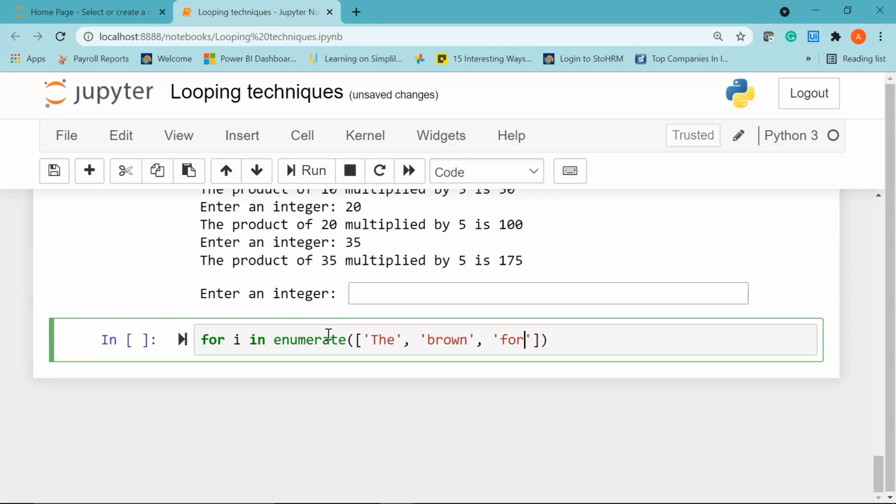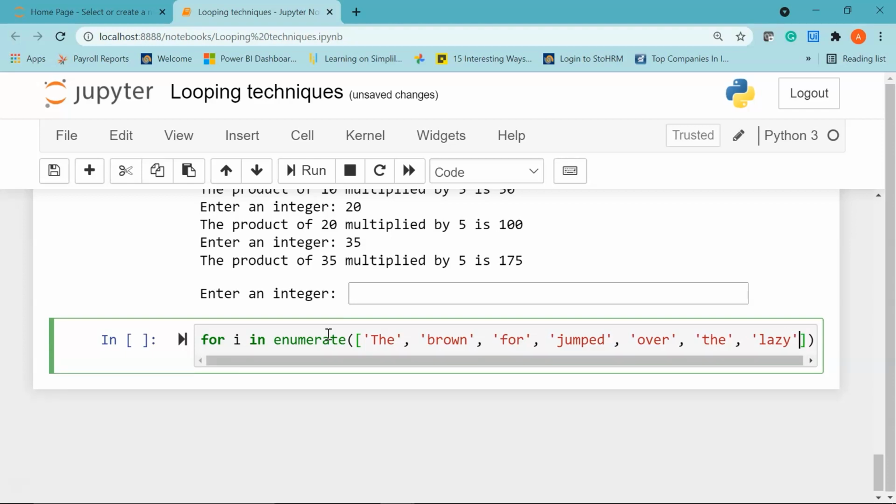The next word I have is fox. Let's say then we have jumped. This is basically a sentence broken down into different words, and those words we have put as elements in the list. The next word I have is the, give a comma, I'll say lazy.